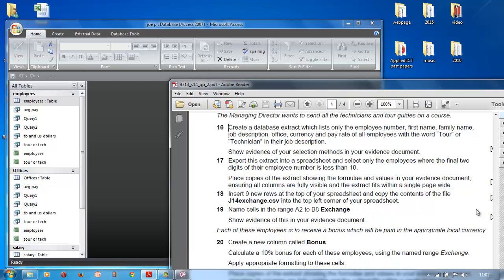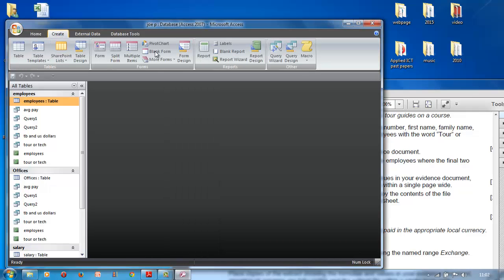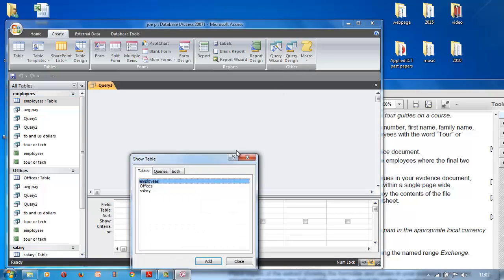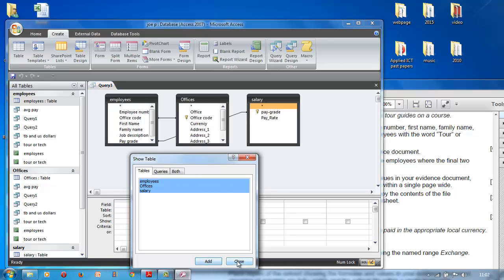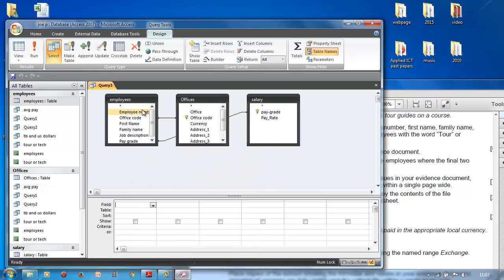Okay, now we're on to step 16. Create a database extract which lists only the employee number, first name, family name, job description, office currency, and pay rate, with the word tour or technician in it. So that's a query. So we go to our Access file, we go create, we go design, query design, add, close, and they want employee number, first name, family name, job description, office, currency,